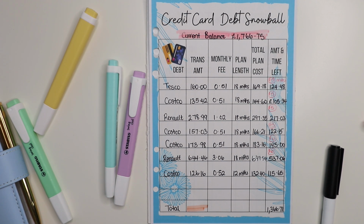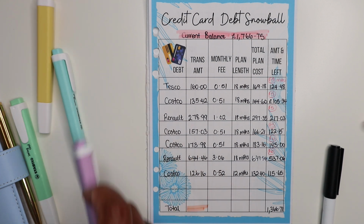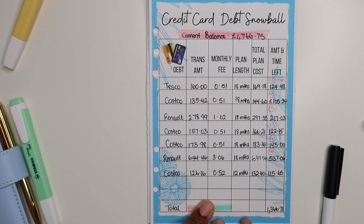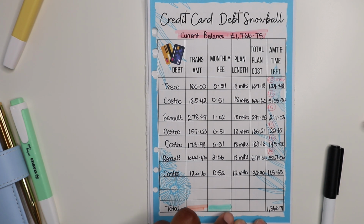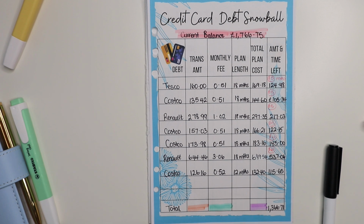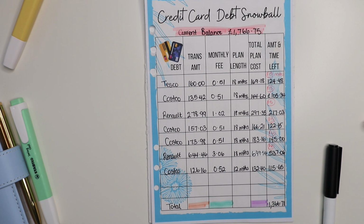Okay. And I'm going to use the purple. I don't want to use purple yet. I'm going to use this one here for the monthly fees. We're going to leave the plan length blank because we don't need to put anything there. And then we're going to put the total plan cost down here, so we could sort of see what numbers we're working with. And we should have highlighted that, but I'm not going to highlight it now because I don't